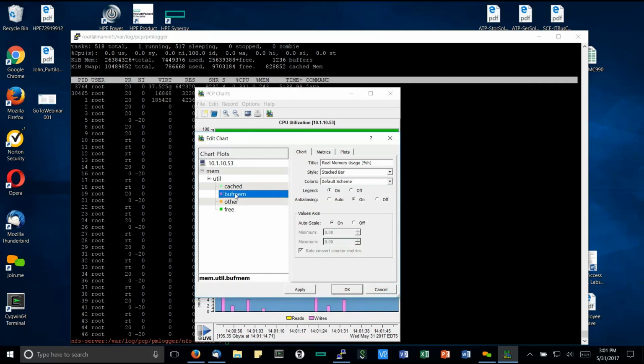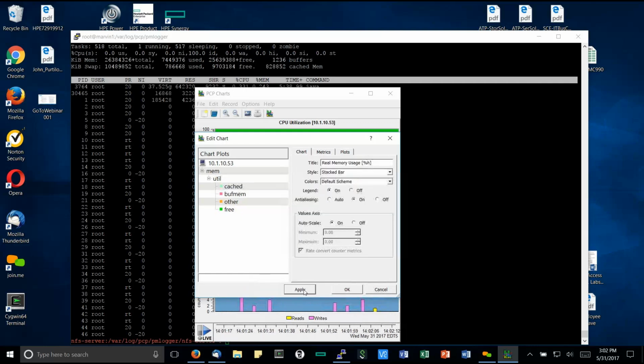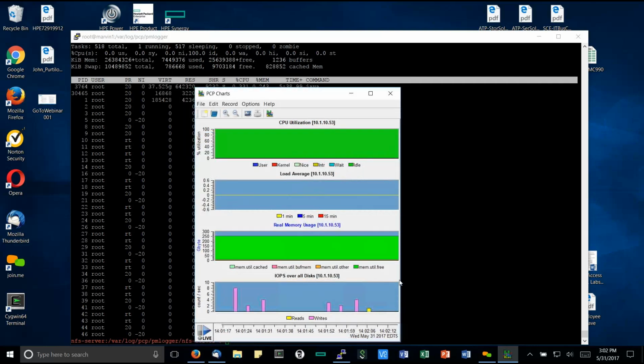So you're clicking on cached, and then plots. See, when we click the plots, we're losing the selection. So on plots, now click on cached. Anyways, go ahead and pick a color. And it's still losing it. That might be a bug. I don't know what's going on there. Well, anyway,